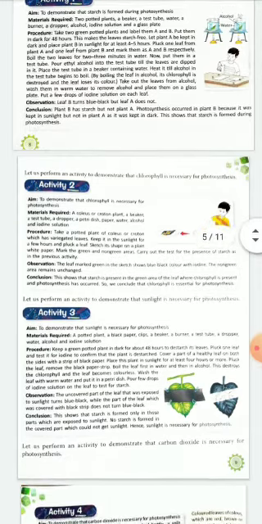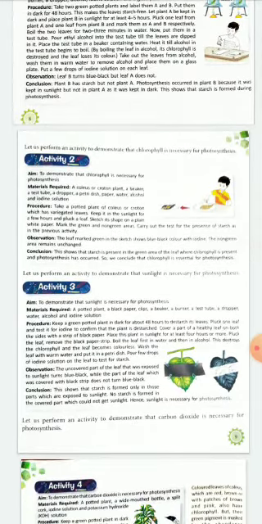Now coming to activity 2, to demonstrate that chlorophyll is necessary for photosynthesis. We take a croton plant with variant colors. We can see many plants around us, like for example a money plant which is yellow and green in color. We keep it under sunlight for a few hours, pluck a leaf and do the iodine test, and we can see that wherever the green part is there, the leaf has changed to blue black color, and the part which is yellow in color did not change any color. So this indicates that chlorophyll is very necessary for photosynthesis.